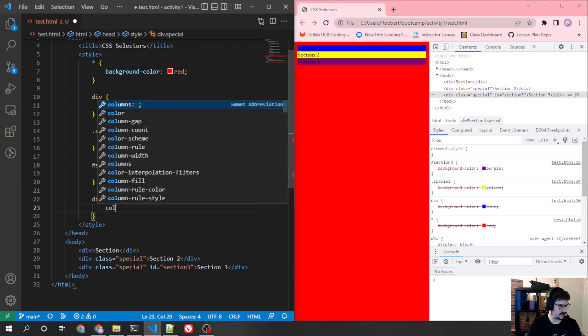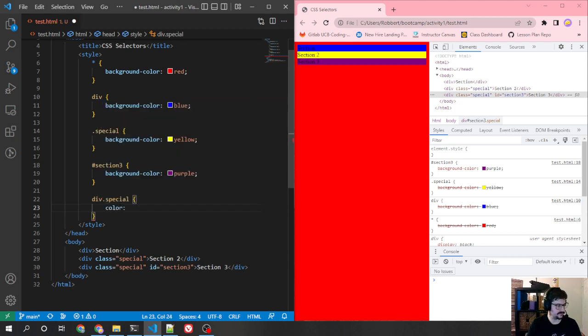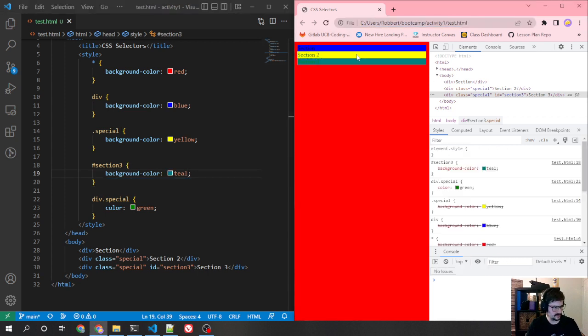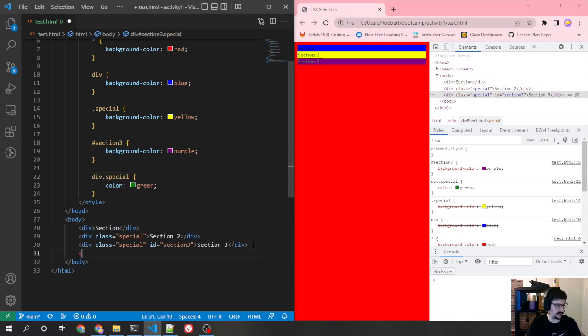But let's actually just change the color on this to, I like green. Green's good. You can see it matches this. It's a little hard to see. That purple maybe isn't the best. Let's see if I make that teal instead. Whoa, okay, never mind. Purple it is. But you can kind of see section 2 and section 3 have used this selector because it matches both of them. But if I made a paragraph,